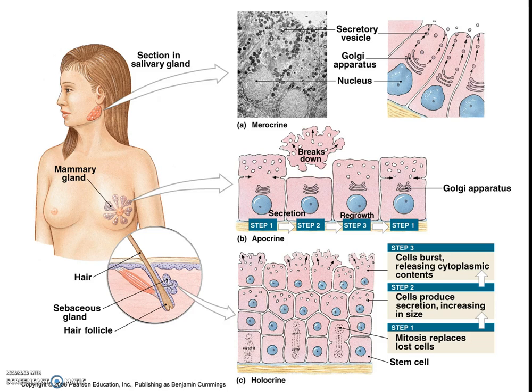Okay, so we said that epithelial tissue makes up both membranes and glands. And among glands, there are different types of secretions that certain glands or certain cells in the glands will produce. So what we want to do is look at three categories of secretions coming from three different glands in this picture. Starting at the top, we notice that we see something called a merocrine gland. Now, if you look at the picture of the cells, the merocrine gland being an example of a type of secretion that a salivary gland would produce. If we look at the cells up in the right-hand corner of the picture,